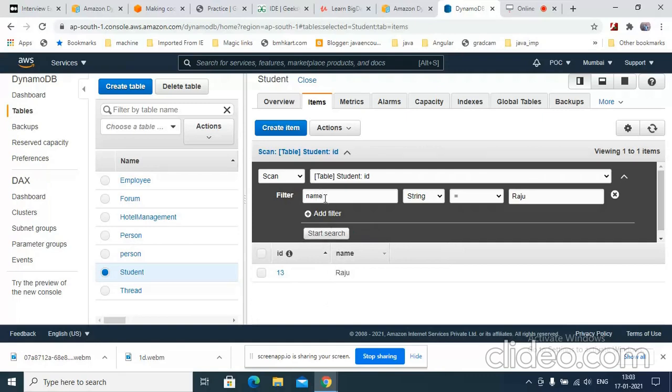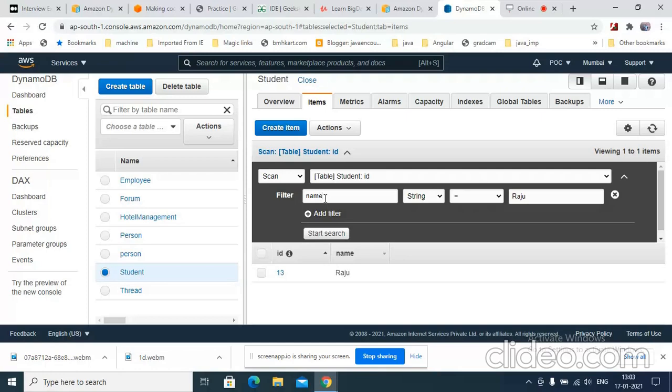So scan is always costlier, I mean in terms of searching, since the filter is applied after scanning the record. Suppose 100 items are there, and the item that we're looking for is the 100th item, the last one. So it will scan the whole item one by one. It will scan the first record and find whether the name attribute is there.